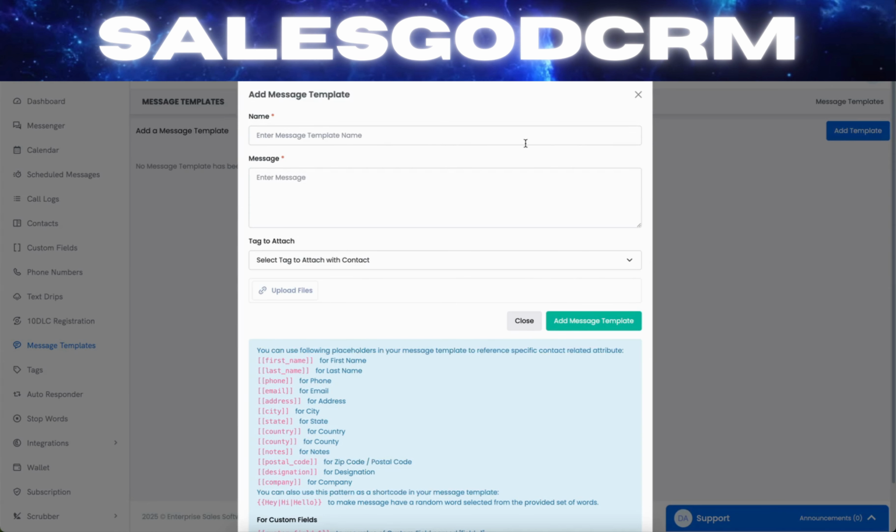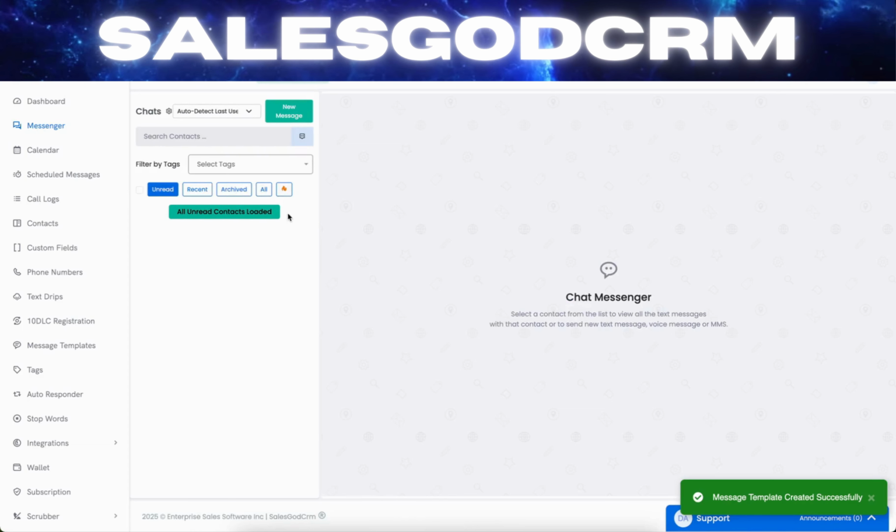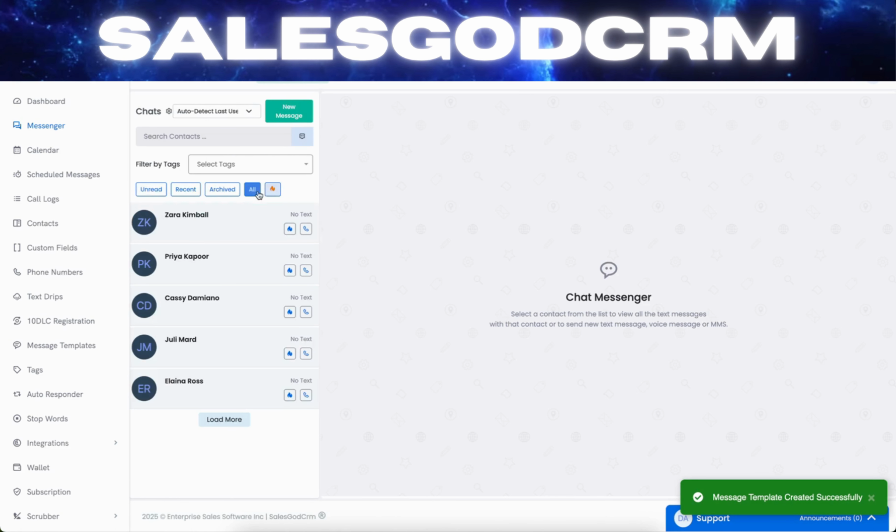So if I click Add Template, the name of the template is going to be the name that's in that little pop-up menu in your Messenger. This message, though, is what's going to actually pop up when you send that message. So for instance, I'm going to put test here, and we're going to hit Add Message Template. When I go back to my Messenger and I go to that contact,